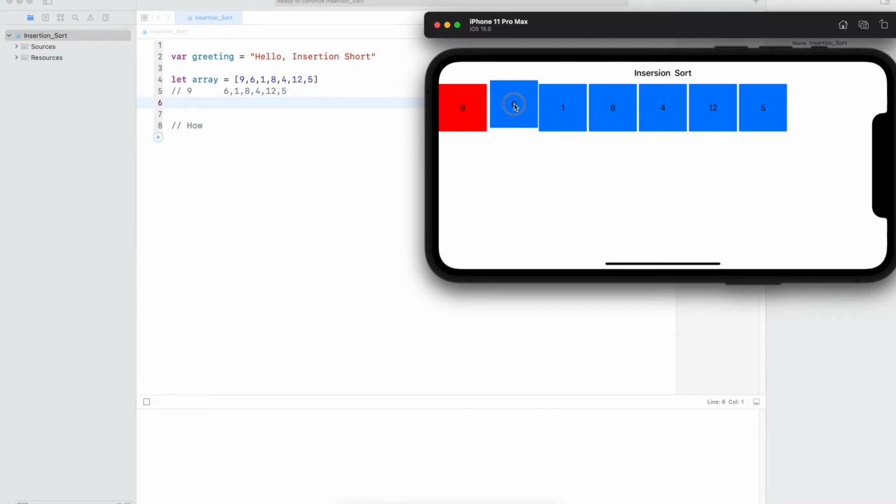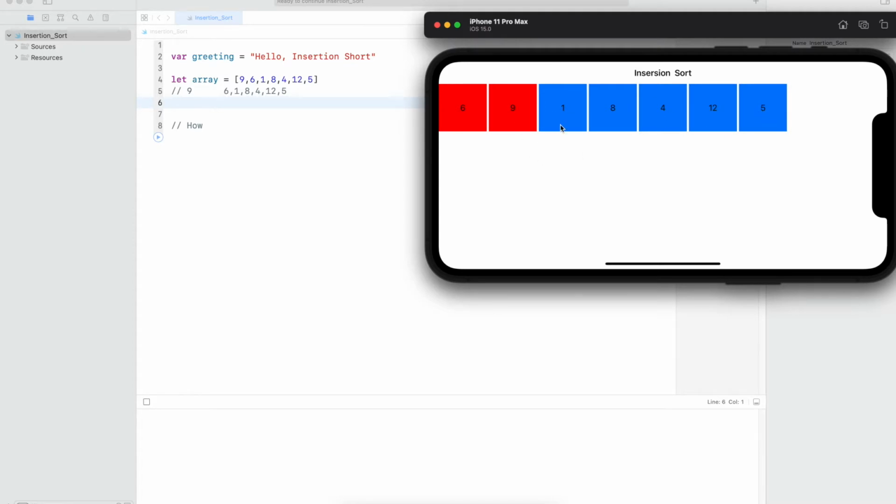So I will compare 6 with 9 and place this 6 in its proper position. Since 9 is greater than 6, this will go before 9, and if I drop this, you see 6 and 9 are now sorted. So these two elements are in the sorted array and the rest of the elements are unsorted.